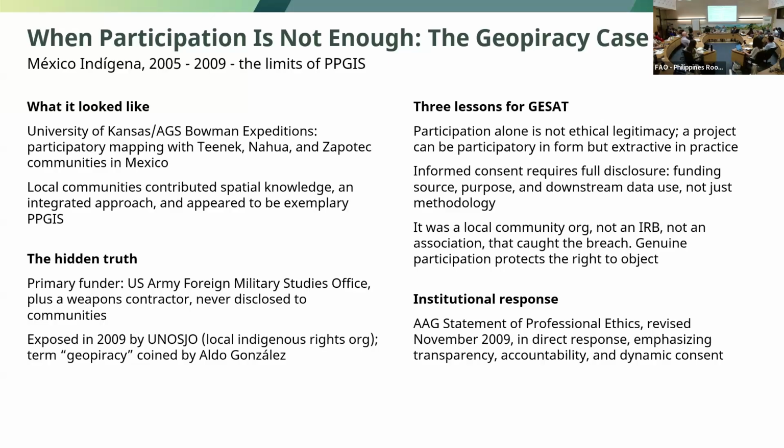It spanned a number of years because it was an exemplary intervention where a researcher went from the University of Kansas to the Mexico Indígena Project, and they worked with three indigenous communities, the Tsotsil, the Nahua, and the Zapotec in Mexico. Because of this process, these communities willingly participated and were happy to be invited into a spatial project about their land and their community, which would also advance their ability to make policy decisions on their land. Although it was a truly engaged process, what was never disclosed was the primary funder.